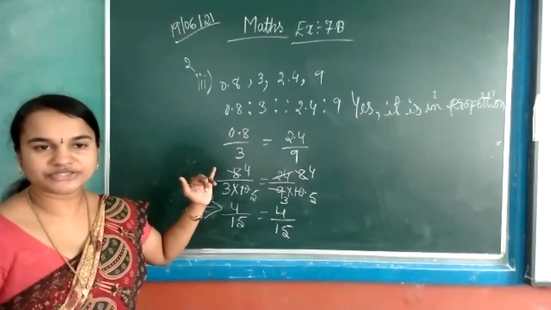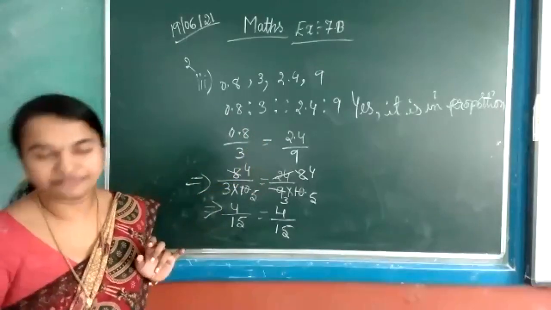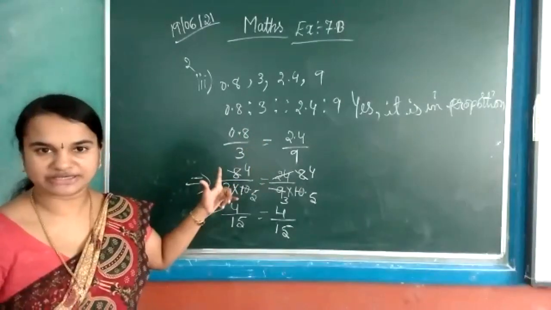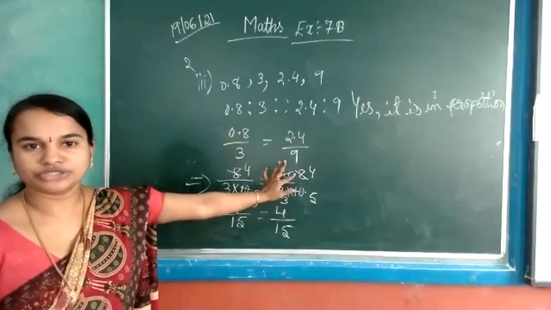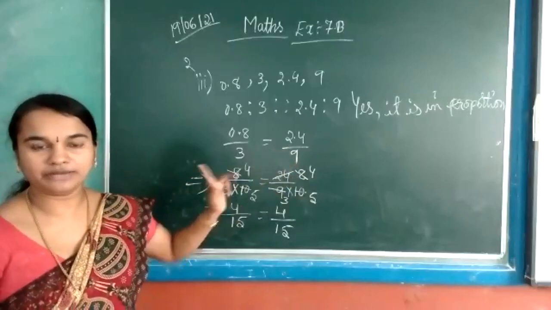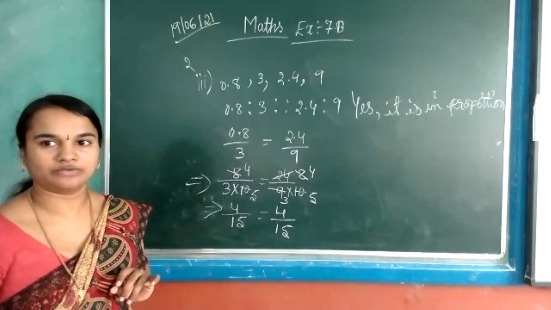Now fraction also I solved. Decimal also I solved. Now question number 4th and 5th, that is the homework for you. The fraction I already did in the second one, so the same way you have to do it. So question number 4th and 5th, second main, that is the homework for you. Now we will move to the third main.